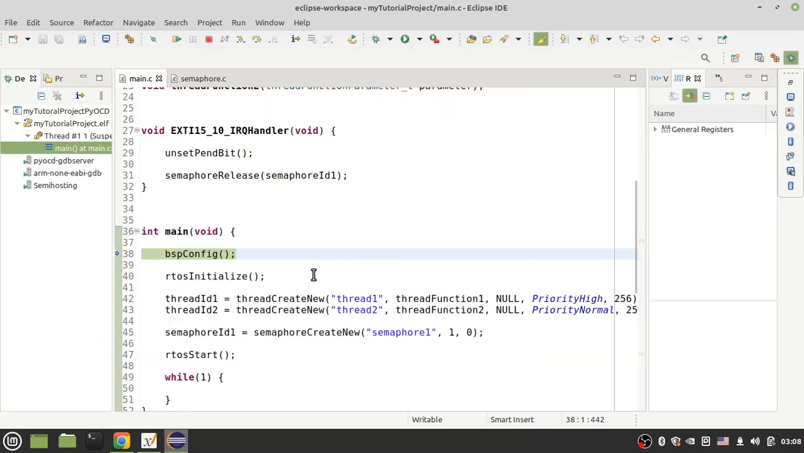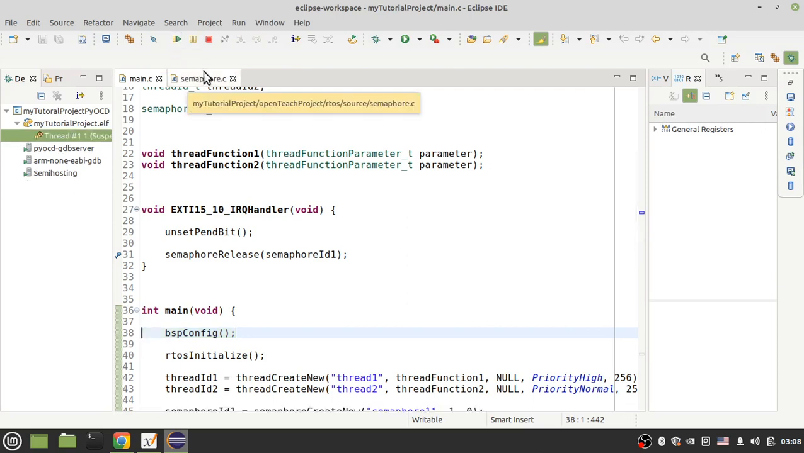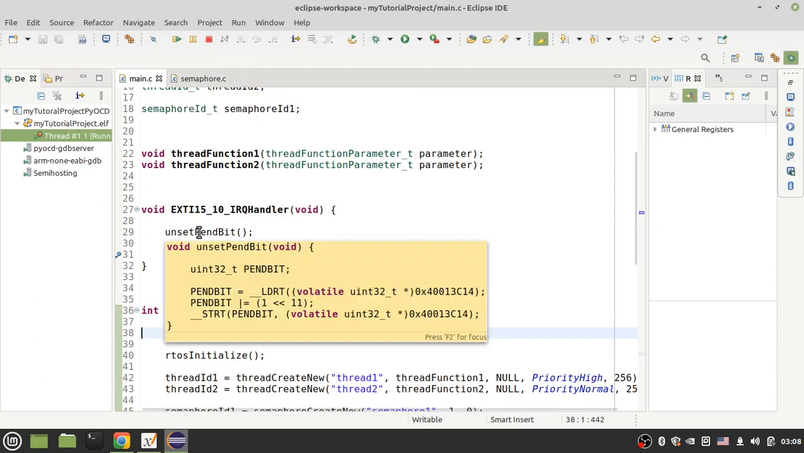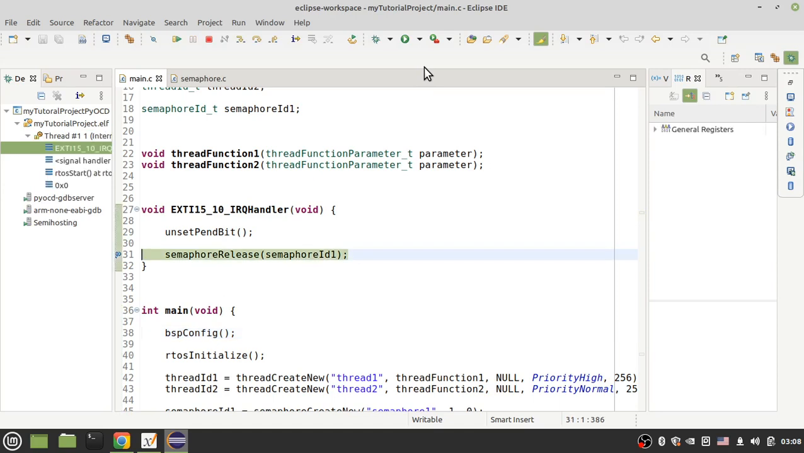Okay, here is my example, and let's put a breakpoint here. Okay, and run the code. Now if I push the button, the processor will jump to this handler. Let's push the button. 3, 2, 1, and push. Okay, now the pointer points to this line. Okay, because of interrupt. Now let's run SemaphoreRelease from interrupt,